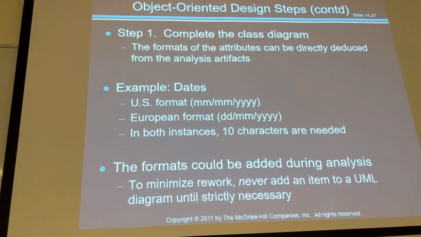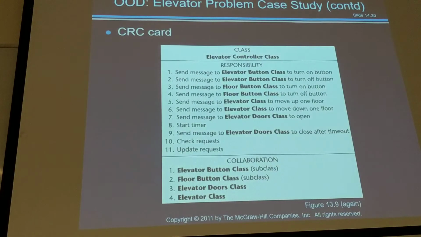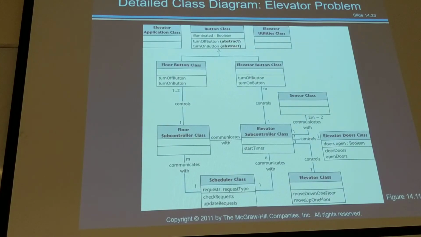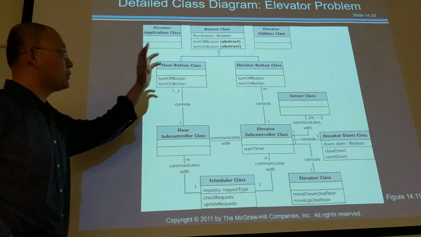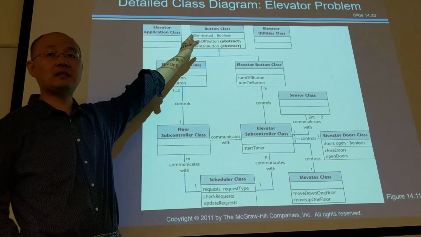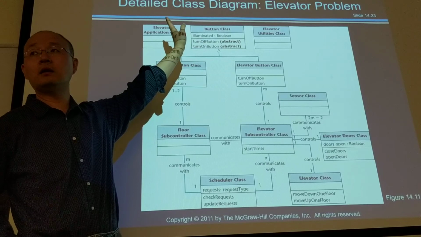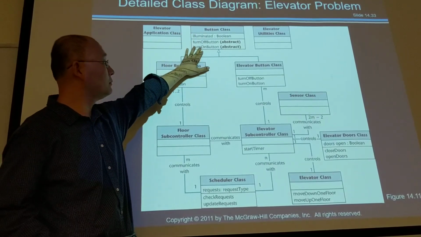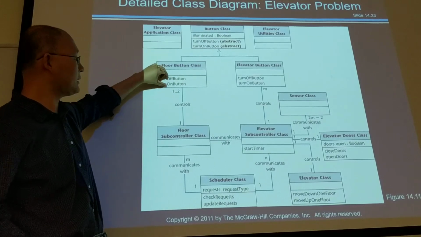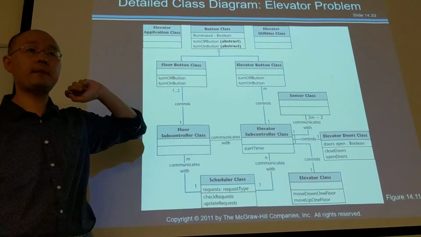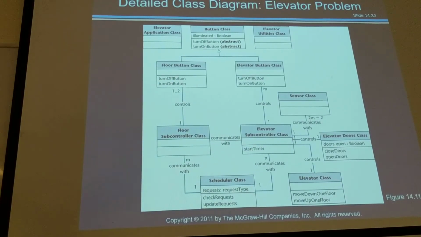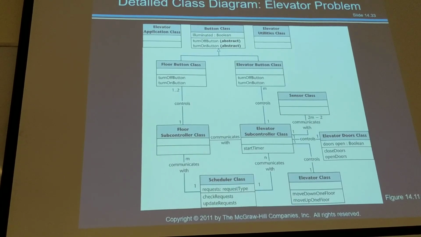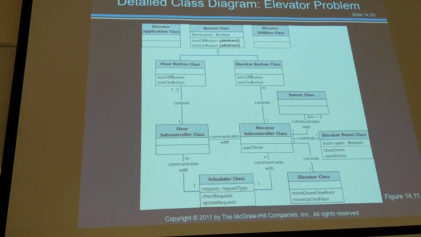First step is you are adding attributes to your classes. Not adding attributes, you already know the attributes, but you are actually nailing down the data types. And for each method, you already get assigned, you basically have to define their signatures, input, output. Okay, this is called completing your